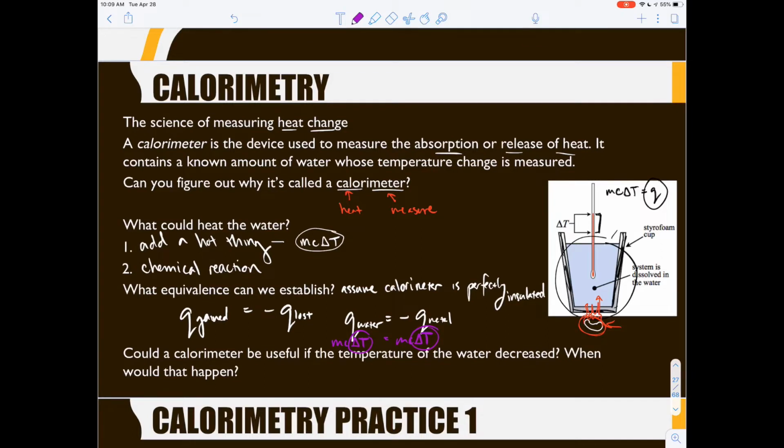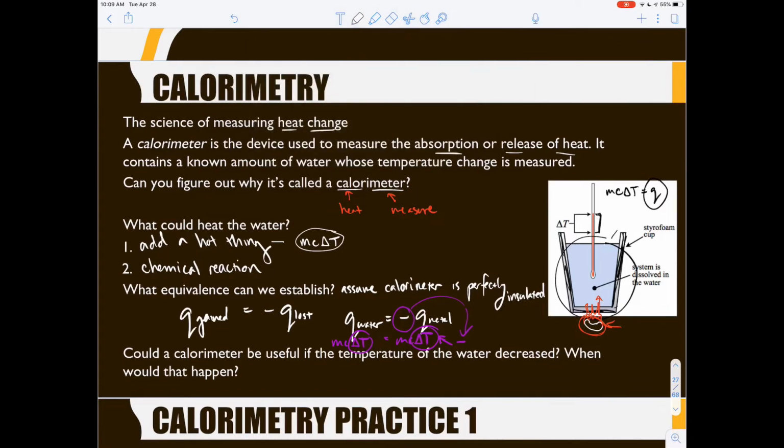If they both had a positive change in temperature, like both temperatures went up, you could just say mCΔT equals mCΔT. But if one temperature goes up and one temperature goes down, this delta T will be negative, and the equation won't make sense unless you have this negative here to cancel out that negative, basically. Okay, we're probably not going to have to worry about that negative too much, because